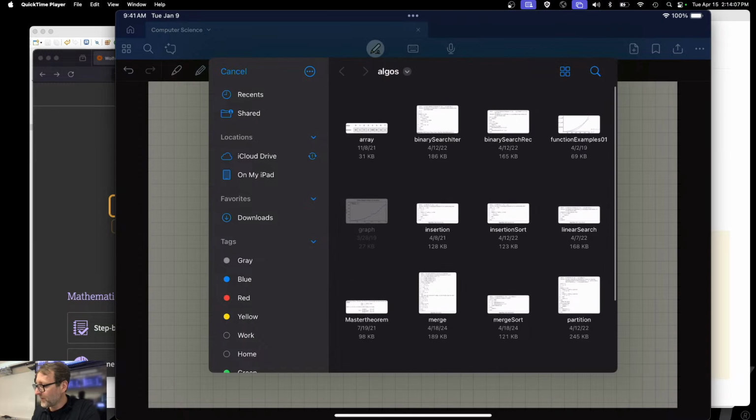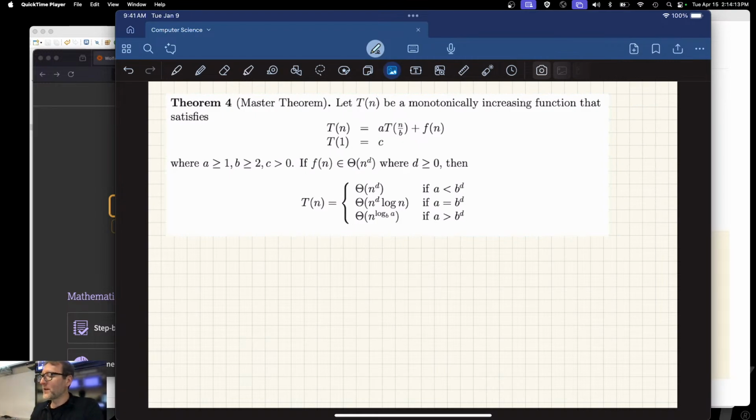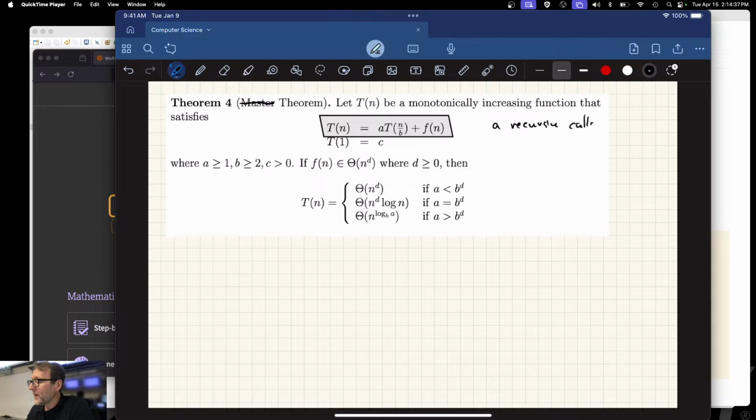Instead, we care about the, where are you, master theorem. Now, there are a lot of caveats here. It's not really the master of anything. I don't know why they call it the master theorem because it really only applies in this very, very specific case that seems to pop up all the time with divide and conquer algorithms, though. If you have a recurrence of the following form, in other words, you are making A recursive calls, and you're cutting the input by a factor of B,